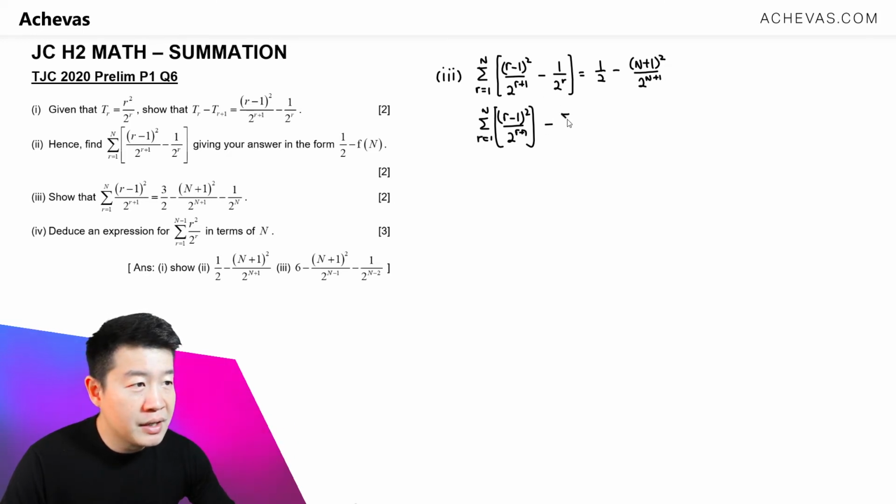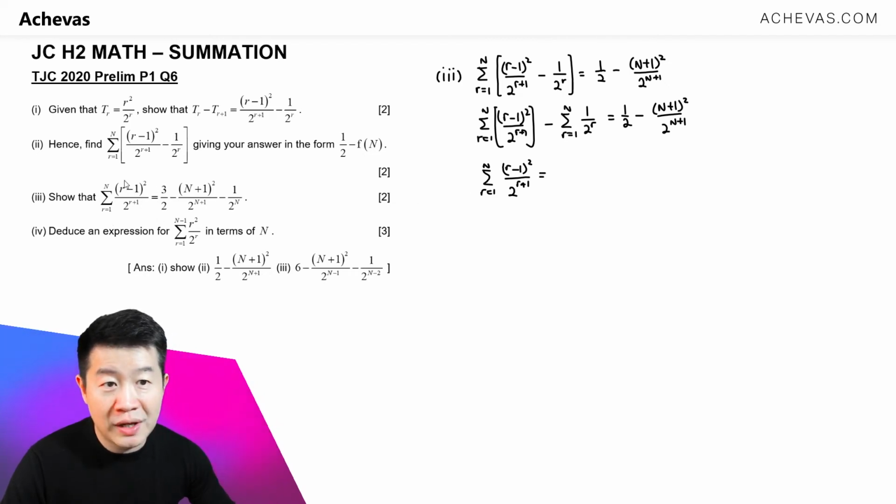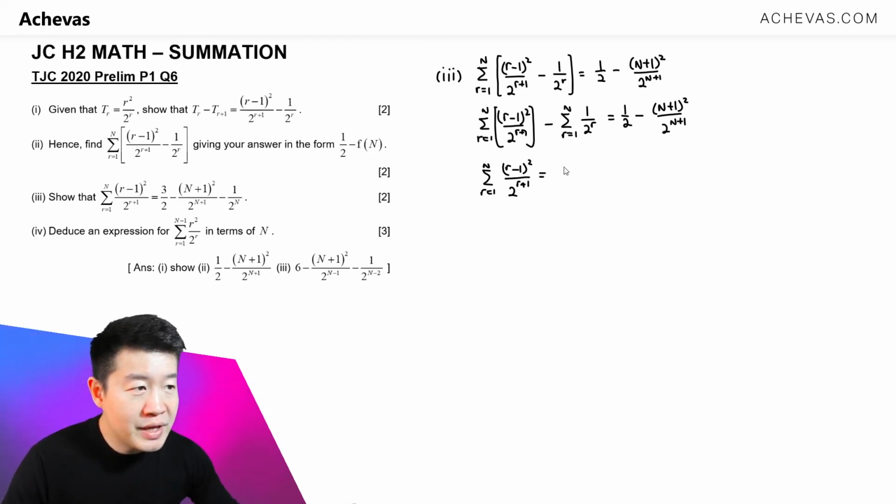And the other one is going to be minus the summation of r starting from 1 to n of 1 over 2 to the power of r. This is equal to 1 over 2 minus n plus 1 squared divided by 2 to the power of n plus 1. Basically, I'm just re-quoting what was on the right hand side of the equation. And of course, we are going to bring this over to the right hand side, making this the subject. We will have the summation r starting from 1 to n of r minus 1 squared divided by 2 to the power of r plus 1. So this is what part 3 wants us to find, and it will be equal to half minus n plus